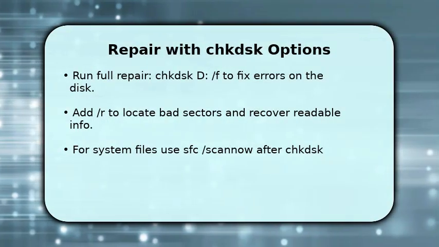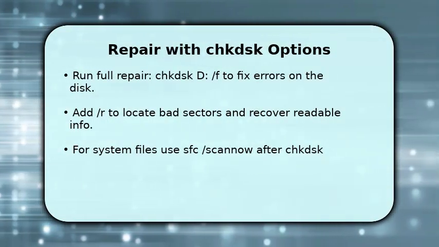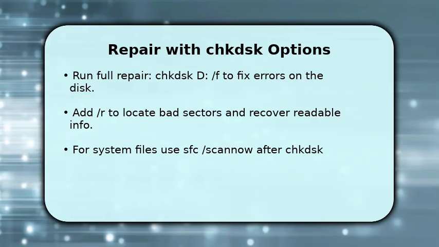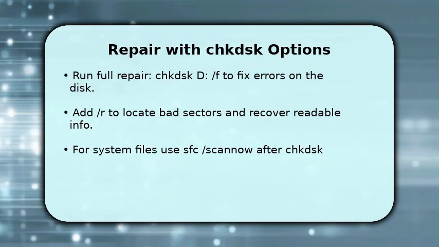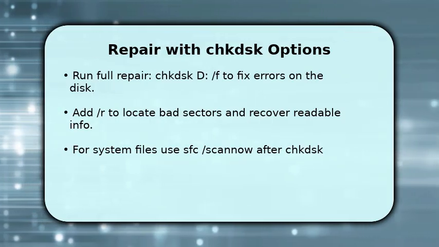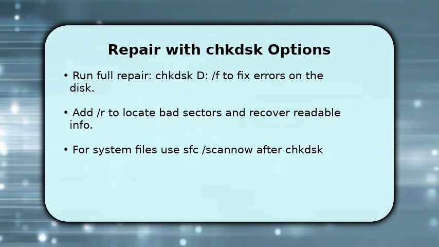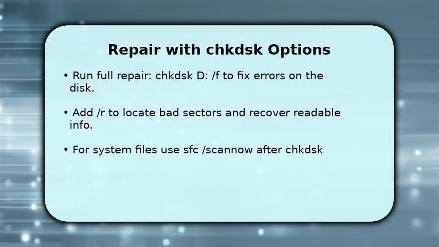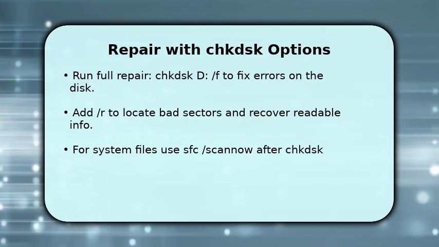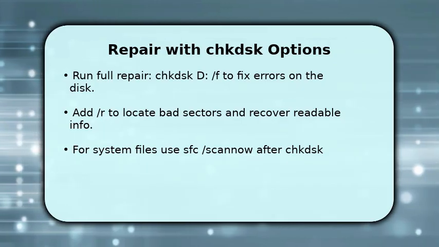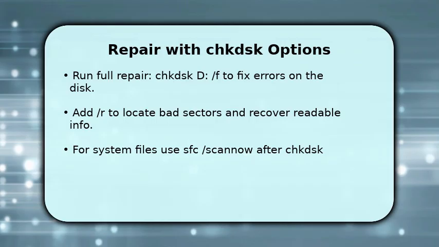Now perform the actual repair. Run chkdsk /F to fix file system errors. Add /R to locate bad sectors and attempt recovery. You might be prompted to schedule the scan at next reboot for system volumes. Accept that and reboot. If you suspect corrupted system files, run sfc /scannow after chkdsk finishes to verify and restore protected